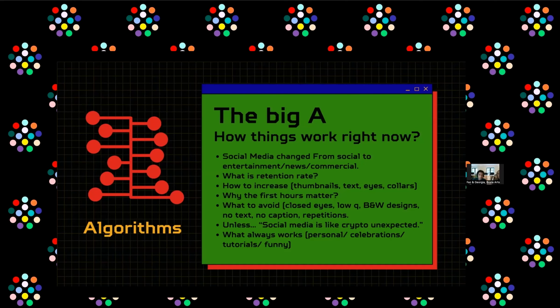All right. So now we get to algorithms, the big A, and also how things work right now. And that's a very interesting part to me, actually, because social media has changed away from being social recently. And it was a trend that really peaked with TikTok. So if you think about it, TikTok is a social media, but yet you don't go on TikTok to actually see your friends or people that you care about. Quite the opposite. People go on TikTok to see people that they don't know. And that model has been adapted by many other platforms after that, YouTube, Instagram,